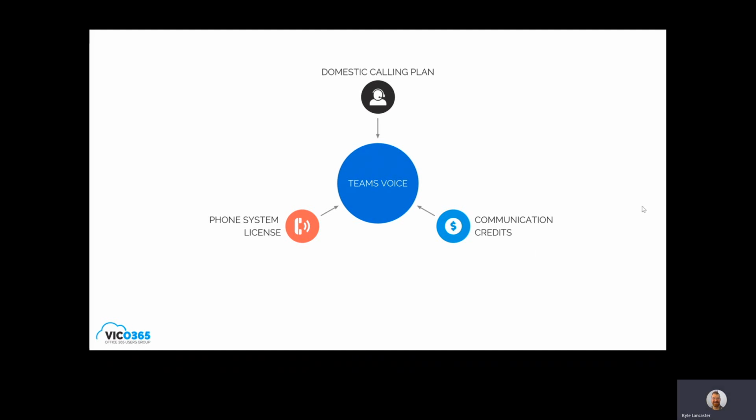And those are basically when you get Teams Voice, you get a certain number of minutes. And the communications credits are the extra pool of minutes to make sure that as you go through the month, your minutes don't run out. Because it would be awful if you've made this big switch and everybody's on board, and then in the middle of a call, somebody just drops because you're out of minutes. You don't want that to happen. So you got to have communications credits.